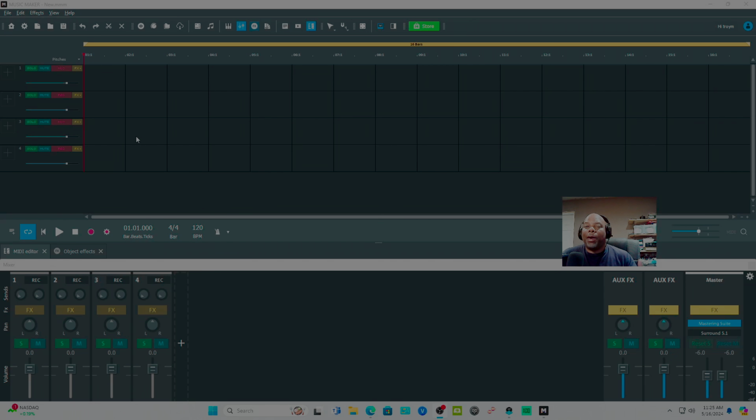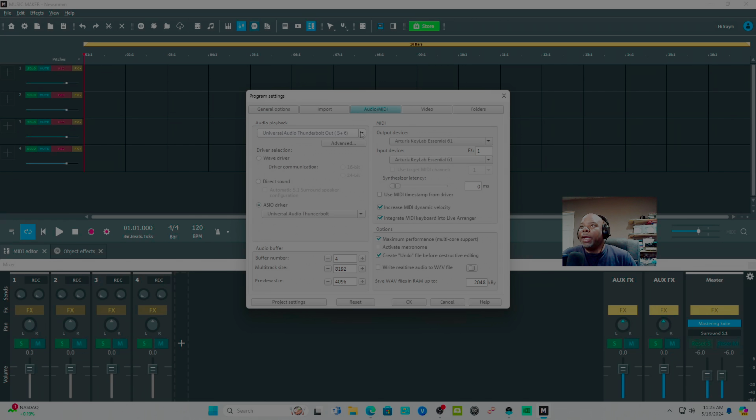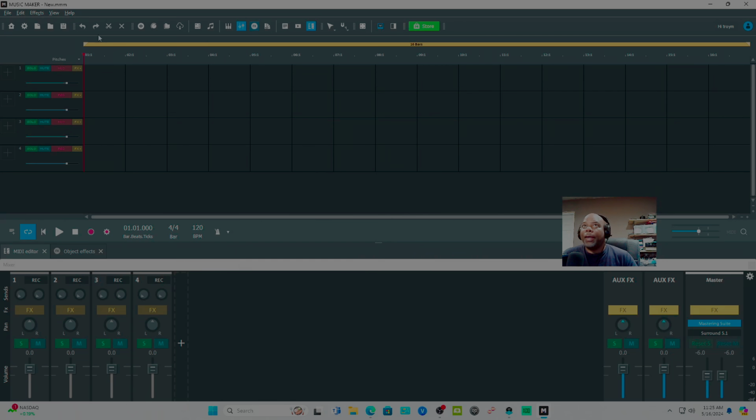So even with Magix Music Maker, you could do the same thing that you do in Acid, right? Now that you can follow the mouse, you can see that this is the home. There's the settings. You may have to set your settings. I'm gonna click this, where it say audio. I'm using a Thunderbolt Universal Audio joint, so I have to change the channels to 5 and 6. Because when it's on 1 and 2, you guys won't be able to hear what I'm doing. So I'm gonna click OK. This is for a new project. Load project. Save the project.